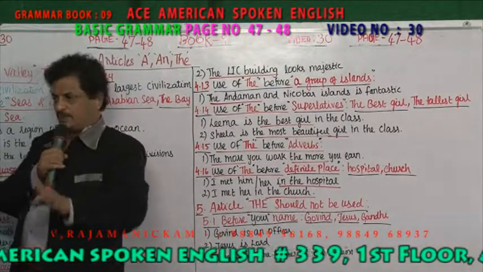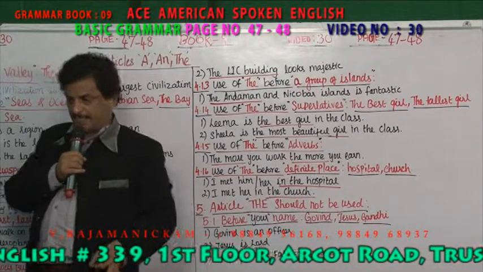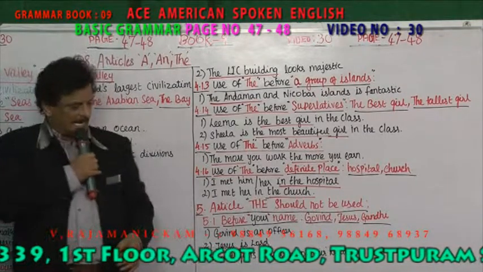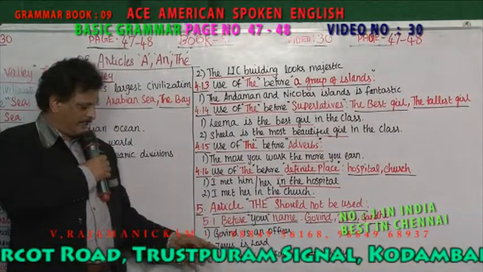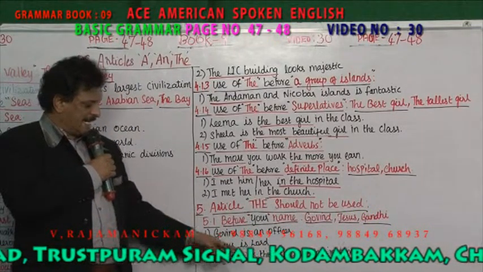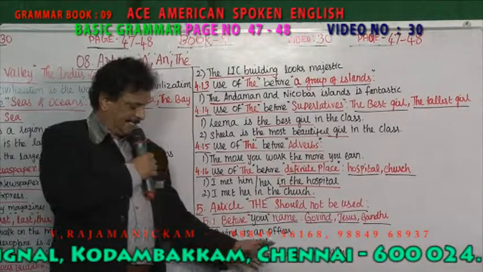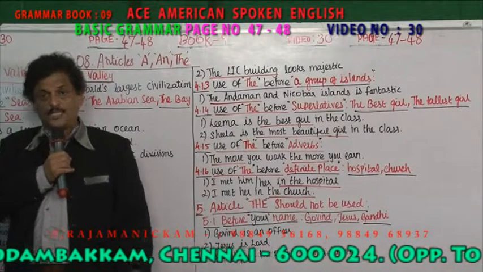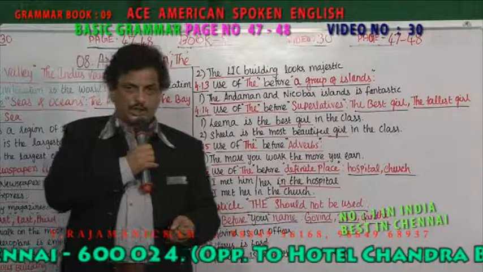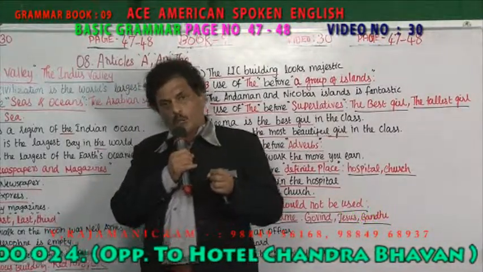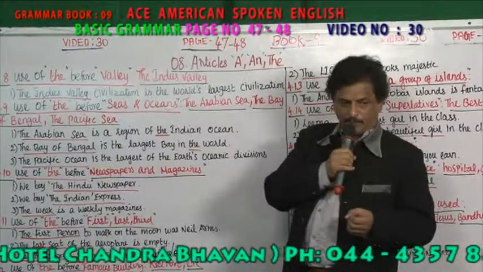எங்கெங்க the யூஸ் பண்ணக்கூடாது? மனிதனுடைய பெயருக்கு முன்னாடி the Rama சொல்லக்கூடாது, the Jesus Christ என்று சொல்லக்கூடாது, the Raja என்று சொல்லக்கூடாது, your name சொல்லக்கூடாது. Govind is an officer, Jesus is Lord, Gandhiji is the father of our nation. So the Gandhiji is the father of the nation சொல்லக்கூடாது. Gandhiji is the father of the nation. So articles ரொம்ப முக்கியம். Where to use the, when not to use the. இனி அடுத்து வரக்கூடிய வீடியோக்களில் மற்றவைகளை பார்ப்போம். Thank you very much.